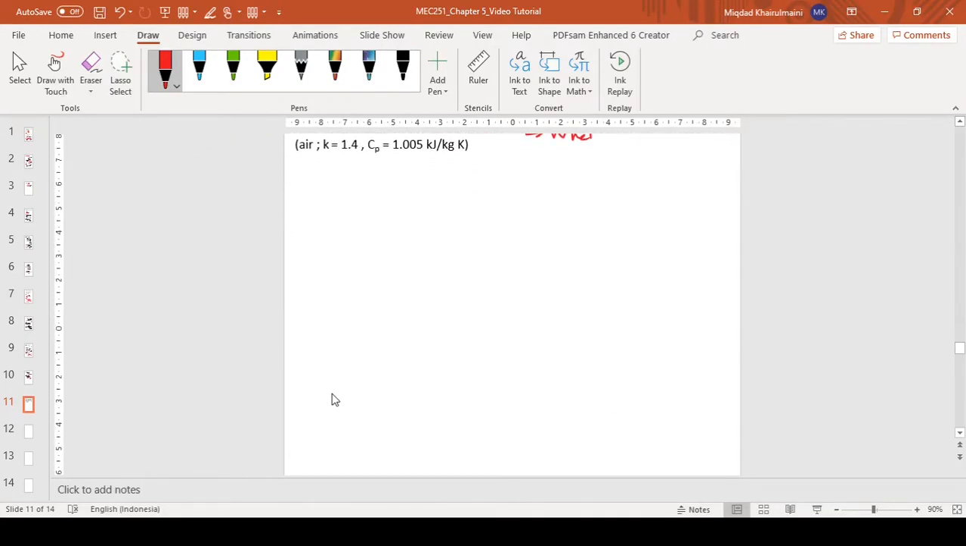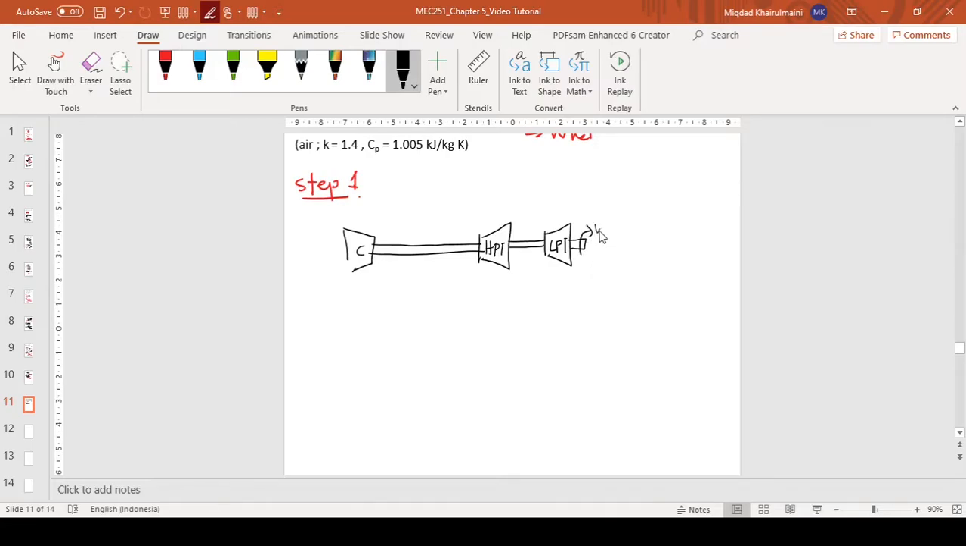Step number 1 is to draw the schematic diagram. So we can try to draw. We have a compressor here, which is connected to the high pressure turbine by a shaft. The high pressure turbine is also connected by a shaft to the low pressure turbine, and the low pressure turbine will generate the work output to deliver power to the